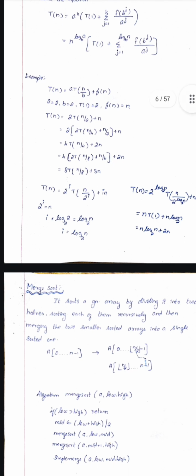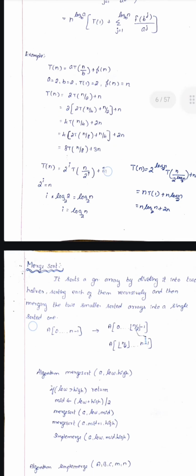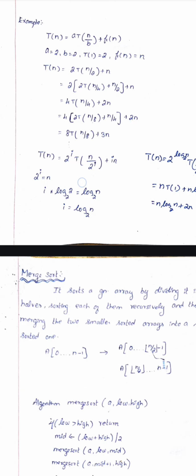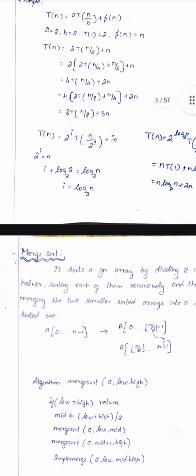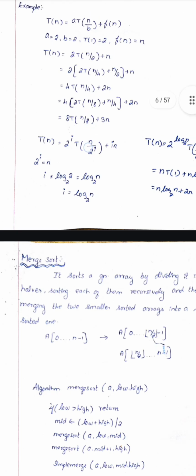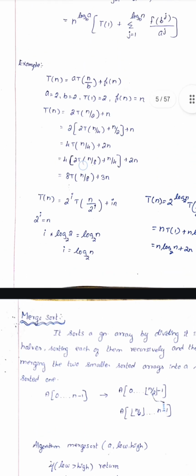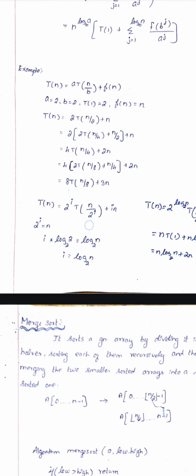T of n equals a t of n by b plus f of n, where a equals 2, b equals 2, t of 1 equals 2, f of n equals n. So T of n equals 2 t of n by 2 plus n. Why? Because here we have got